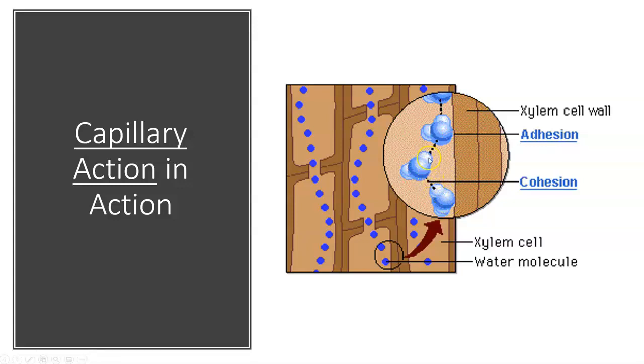So as one water molecule moves up the walls of the xylem tube of the plant, right? As one water molecule moves up, it drags the rest of the water molecules with it, kind of like a chain, because through cohesion they're stuck to each other. It's able to move up the walls because it's stuck to the wall. Okay, it's sticky and it adheres to the wall of the plant, and as the plant releases water molecules out the top, it draws water molecules in from the bottom.